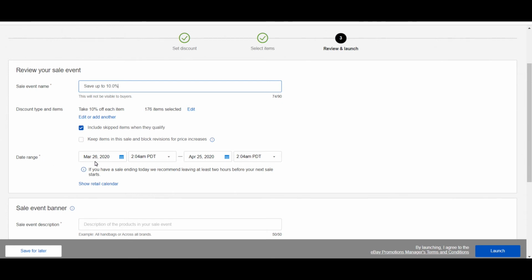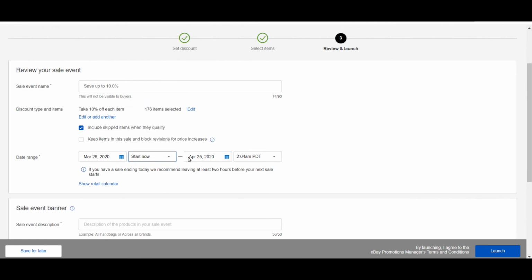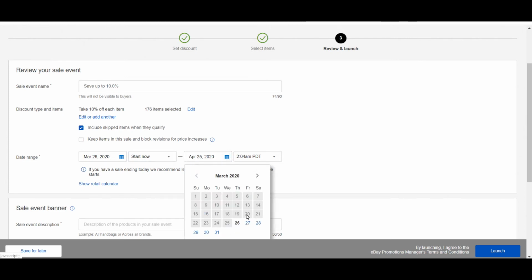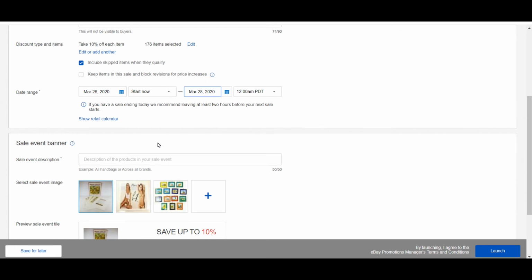The starting date is, we usually do from right now until, if you can see, it goes a month. It goes for a whole month. So we usually just do it for like a few days, like 2 days. And we set up an end time. And here you can choose a name for the sale, so the buyer will see that. So just write something like limited time offer,